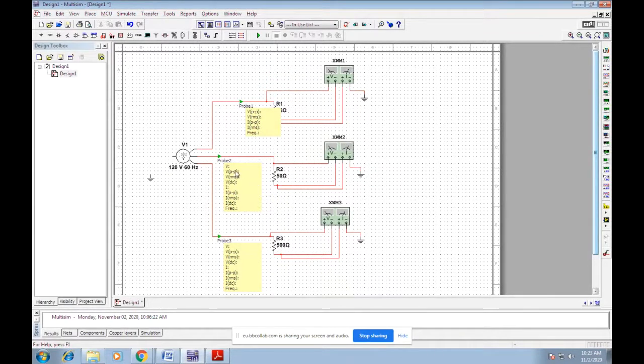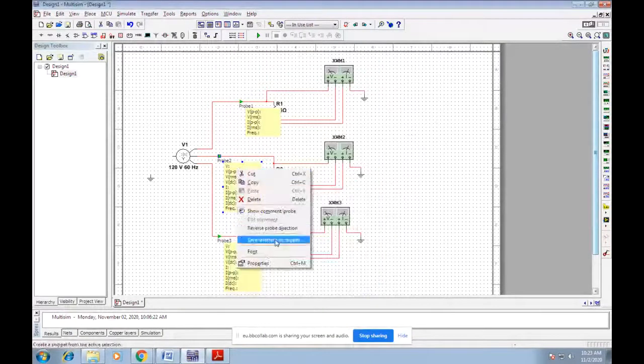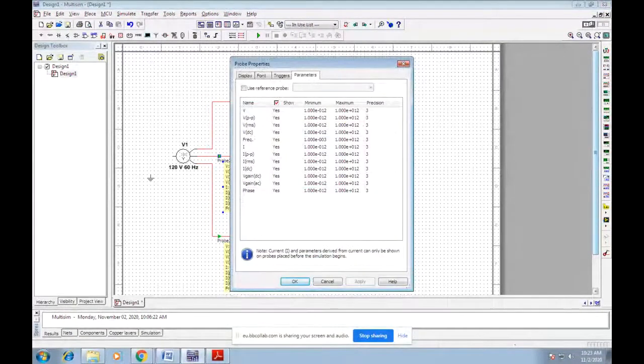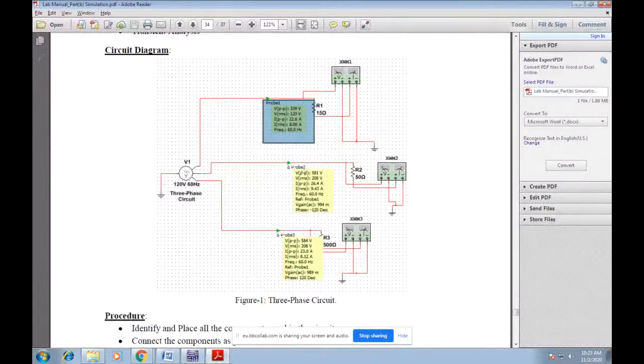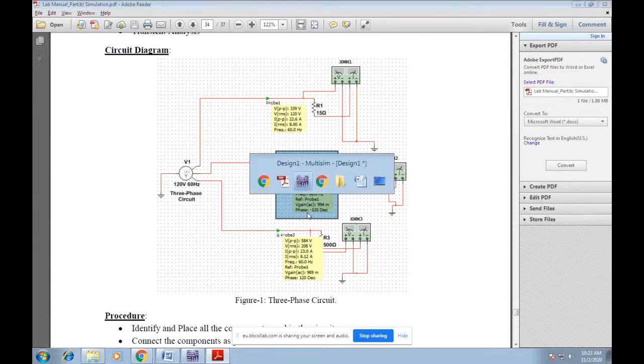Okay. Similarly, double click this, or you can right click and go to properties. On the parameters, select what is needed for probe 2. We have peak to peak voltage, RMS voltage, peak to peak current, RMS current, frequency, and also here we have to give the reference as probe 1. In three phase, the second and third phases are usually measured with respect to the first phase. So here we have to add the reference as probe 1, and we have to calculate the AC voltage gain and phase. Okay, so let us select.